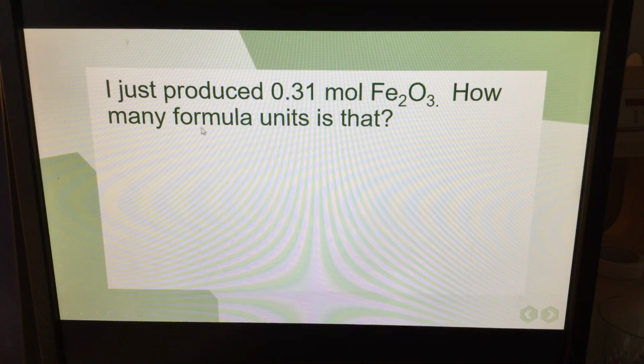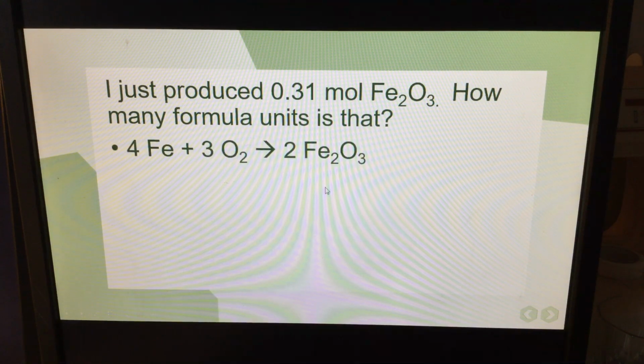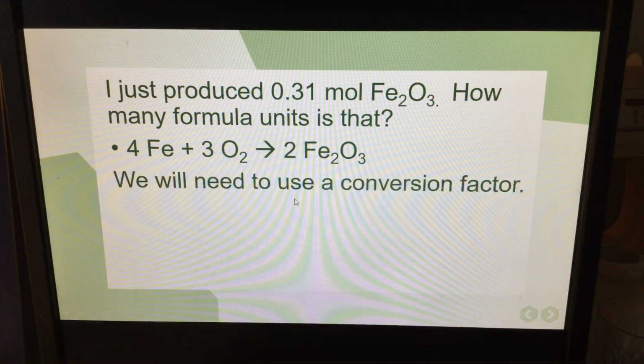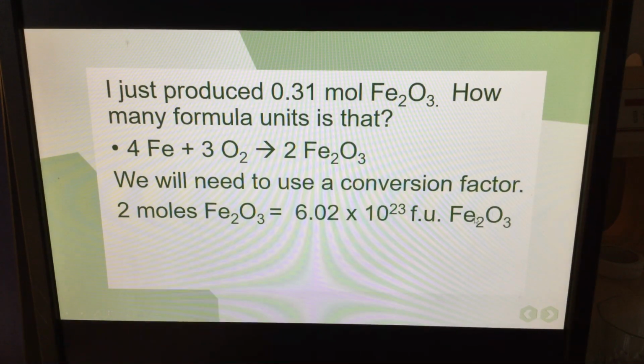Now we want to know how many formula units that is. Formula units means we're going to use Avogadro's number. Okay, so here's our balanced reaction. What's our conversion factor? It's asking for formula units. We're using Avogadro's number. 2 moles of, this is